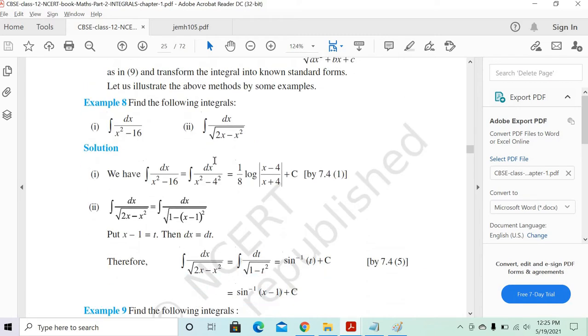What's the answer you got, Vijay? So the first one is 1 by 8 log x minus 4 by x plus 4 plus 2. Correct. The second one, I'm getting a little bit of doubt because... Okay, second one you're getting a little bit of doubt. No problem, Vijay. Second one I need to explain to you, because this is in the form of a quadratic equation,